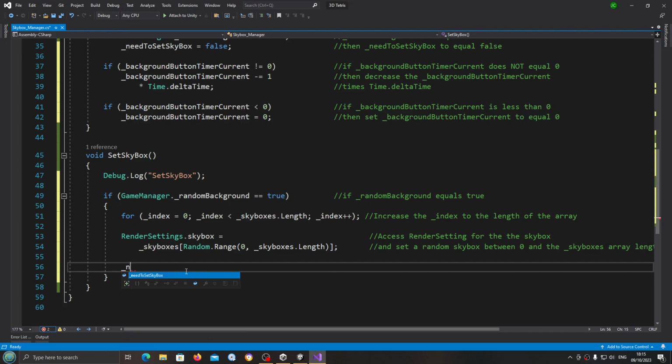Oh, sorry, we need to set skyboxes. I've forgotten, I just changed the name earlier. We'll set that to false. And we'll put then set